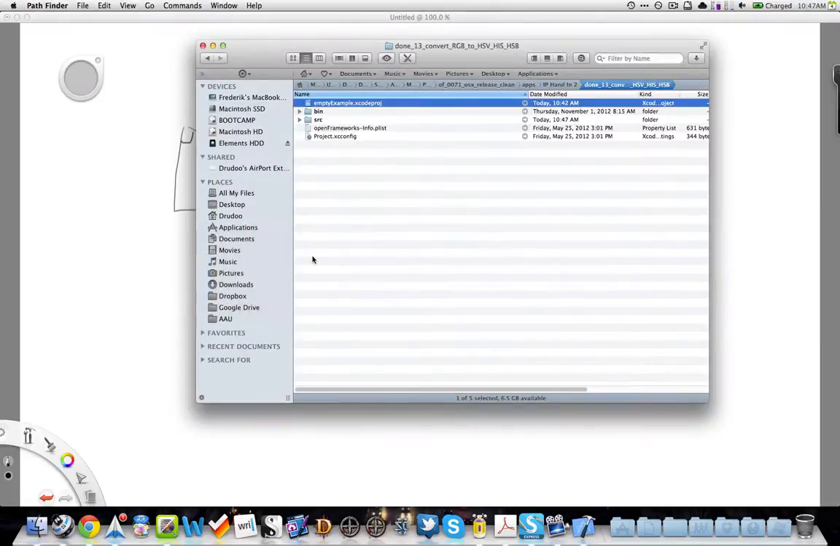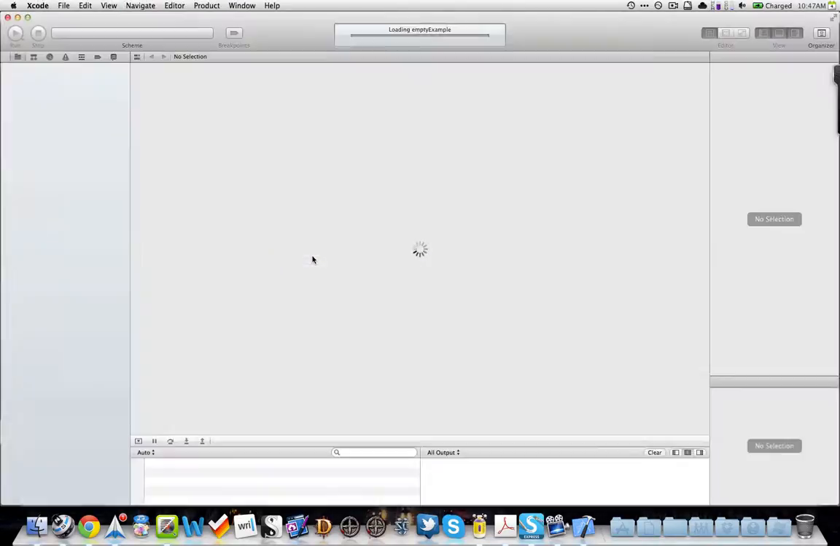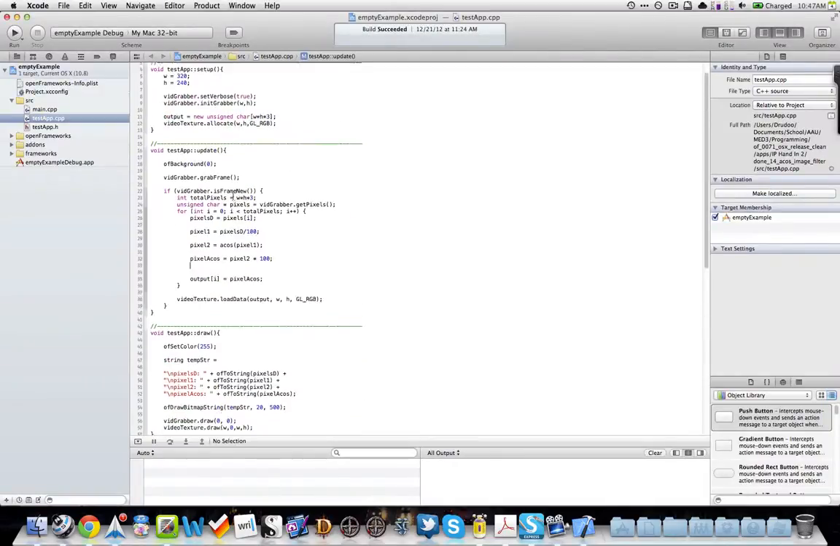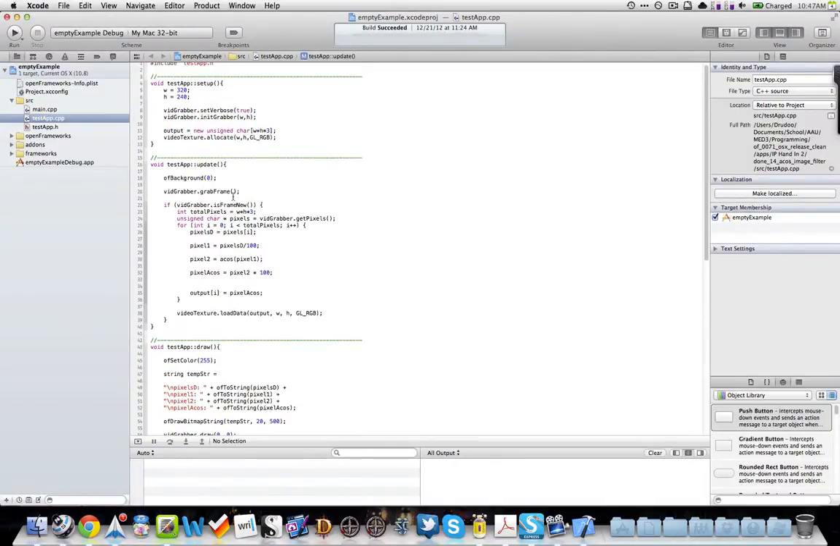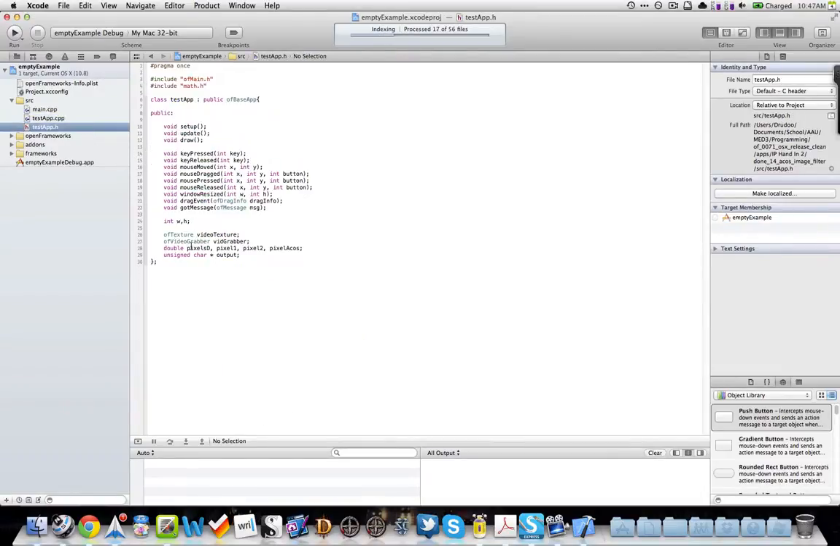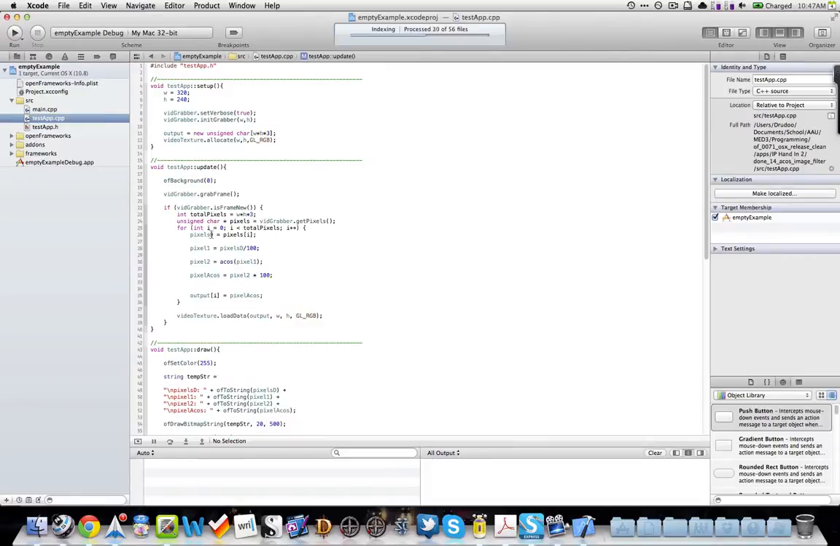So let's take a look at our ACos filter. That's very much the same as our log and X filter. I found a double for pixel D, pixel 1, pixel 2, and pixel ACos. Set pixel D equal to our pixel, so now we have our pixel value in here, and pixel 1 is equal to. The problem is that to take ACos of something,